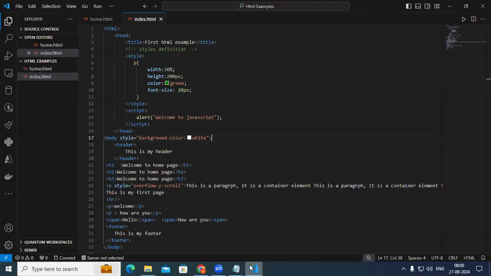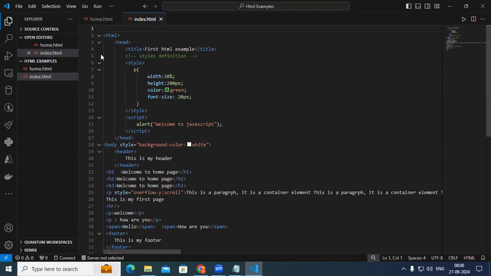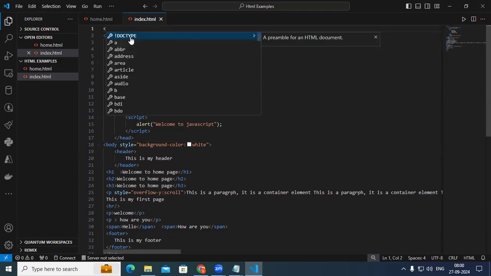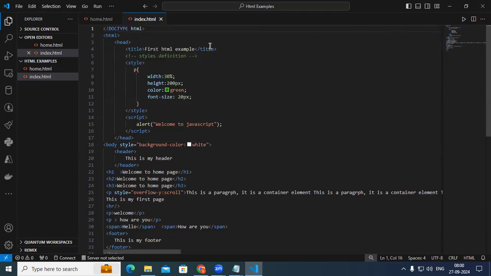But sometimes what happens, browsers don't support. Whenever you don't have any doc type declaration, it may not understand the header and footer. So in such a case, if you face a problem, it is required to have the doc type declaration always. You can go here and put the doc type declaration. If you don't have this one, these tags, footer as well as header, may not be supported sometimes. Okay, because they belong to